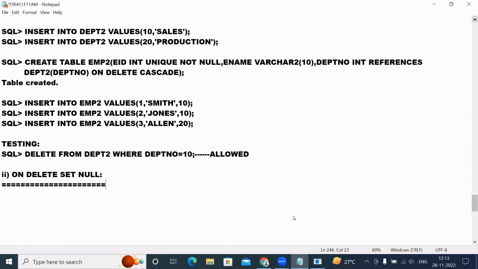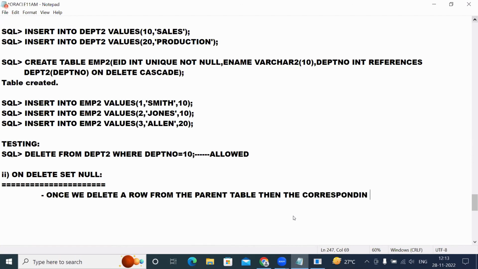Once we delete a row from the parent table, then the corresponding child rows, child rows means the foreign key column values,